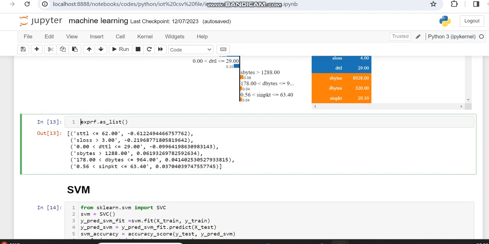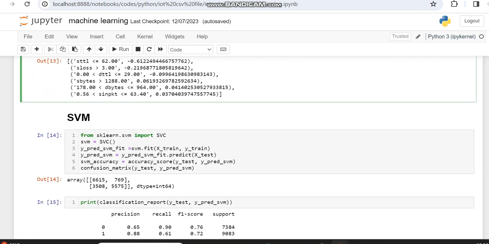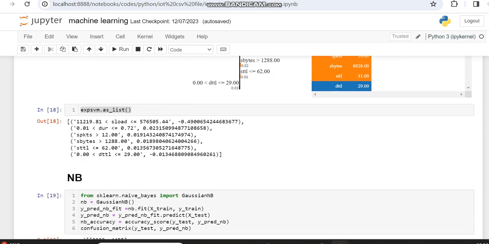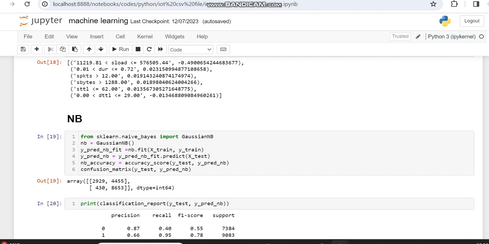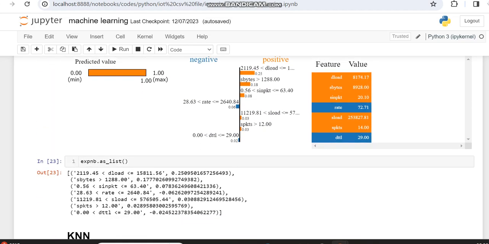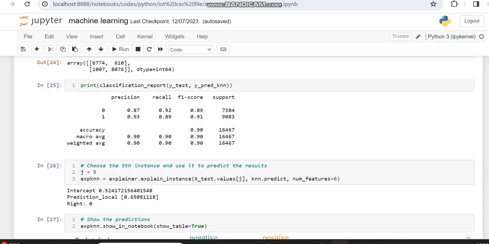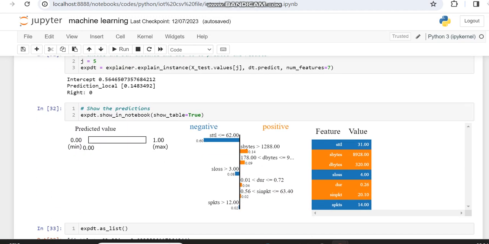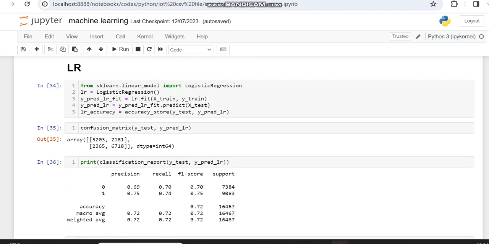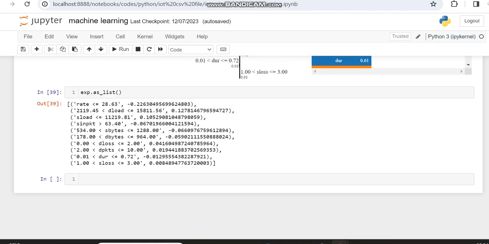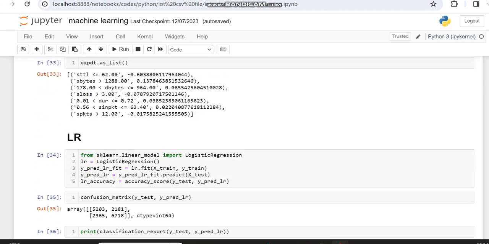I said that we have already done this work with different machine learning algorithms. SVM is getting an accuracy of 74, next is Naive Bayes, getting an accuracy of 70, next is KNN, getting an accuracy of 90, next is decision tree, getting an accuracy of 93, and next is logistic regression, getting an accuracy of 72%. So from this you can make a conclusion that